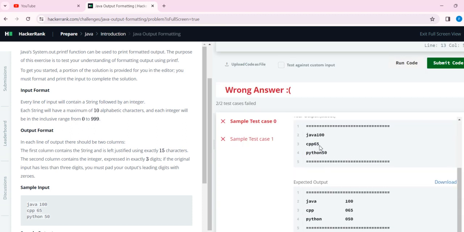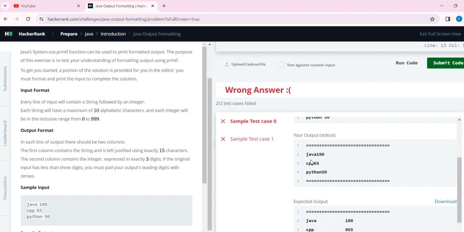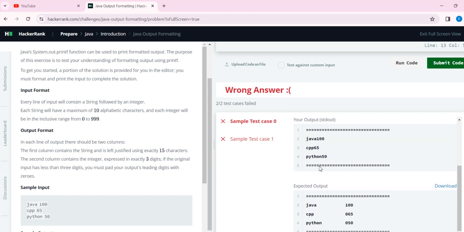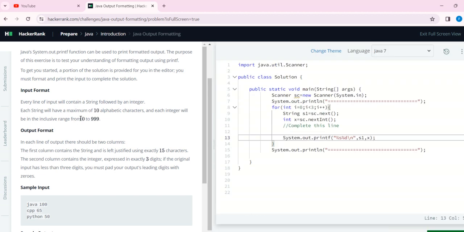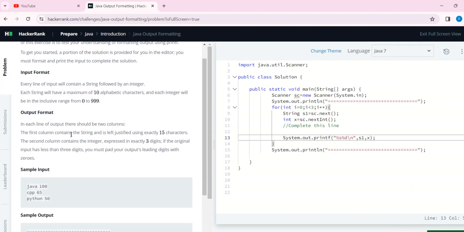You see that our output is Java and there is no gap between Java and 100, and no gap between CPP and 65. The expected output is different. In the output format, the first column contains the string and is left justified using exactly 15 characters. It was already given, so we missed it.